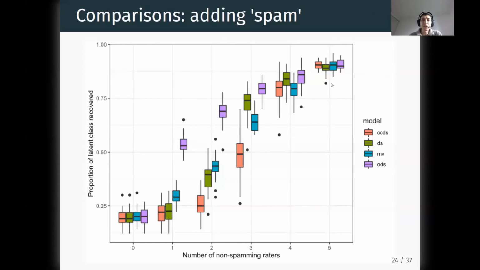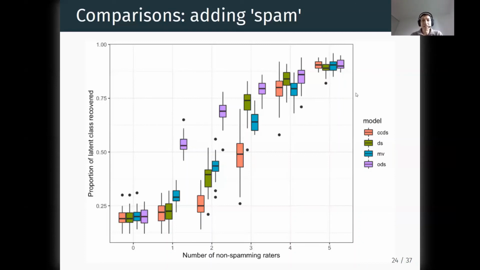And by the time we have no spammers at all, we're in the scenario as before, where the Dawid-Skene model is paying that slight penalty for having that extra robustness. But otherwise, the performance is fairly similar. So we can see that the penalty we're paying here is small. But when we are in an environment where there's a lot of noise, that penalty is actually a strength and gives us a lot of robustness in a way that the non-robust models, like the class-conditional ones, do not have. So we can indeed see that performance does make sense. What turned out to be a surprising difference here makes sense in that it's just a small penalty